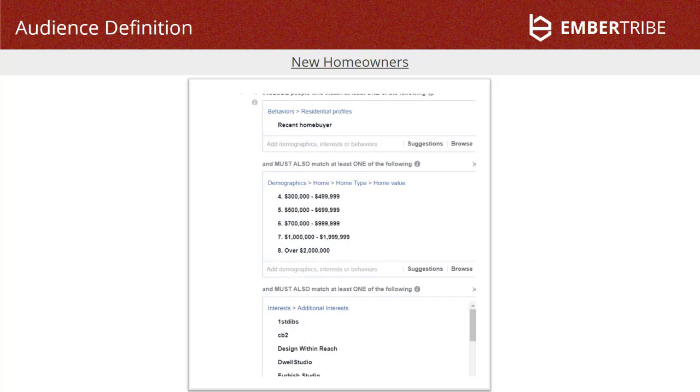And this is one of the ways we targeted consumers, people who might buy these lighting fixtures for their own homes. So we looked at recent buyers who had homes with value over 300,000, and who shopped at stores like CB2, Design Within Reach, and Dwell Studio, which were basically all stores that we identified as being pretty similar to our clients. So, as you can imagine, the wants and needs, the priorities, the pains of the consumer buyers and the designer buyers are much different, and so we had to target our messaging accordingly.